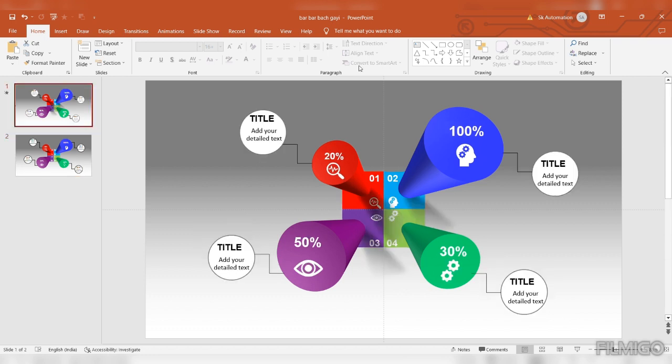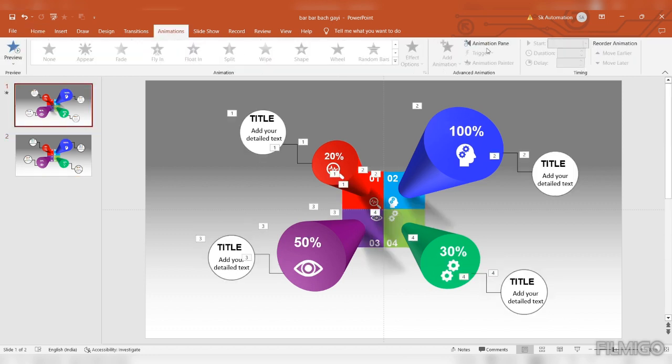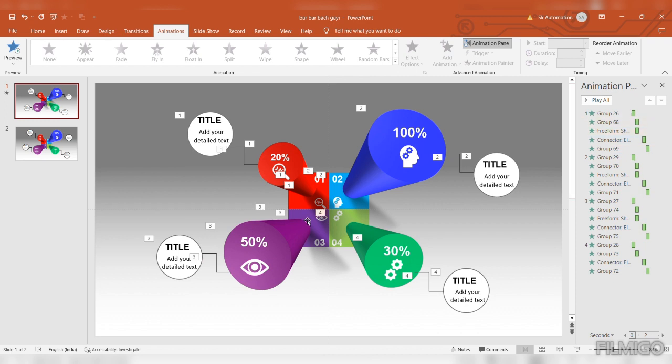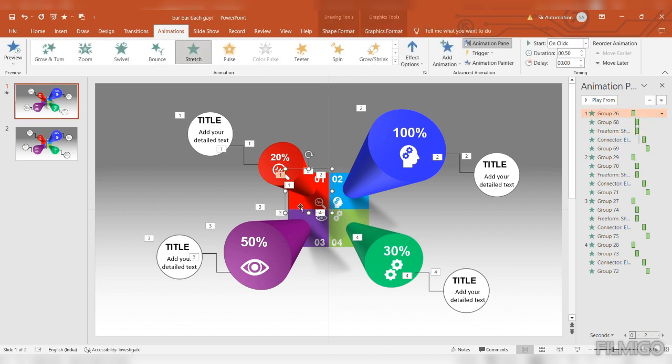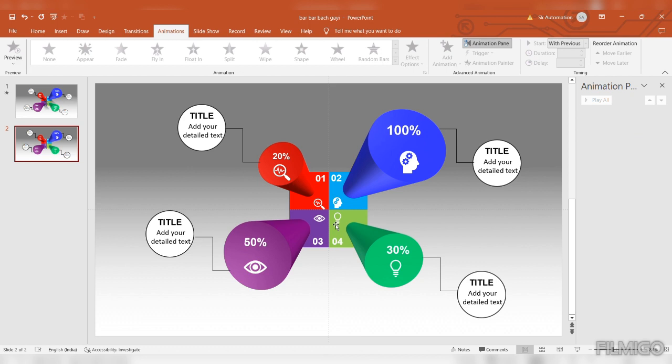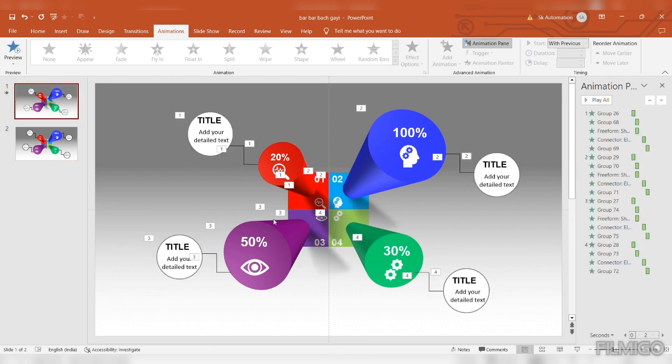So here I will show you which animation I have used. For this I have used the stretch, for this the box, and for this the hair I've used wipe, and for the shadow I've used fade. In this one we have not put shadow, but if you want we can. And for the shadow here I've used fade, and then for this I've used wipe, and for this also wipe. So you can see how the animation was, and like this I animated all of